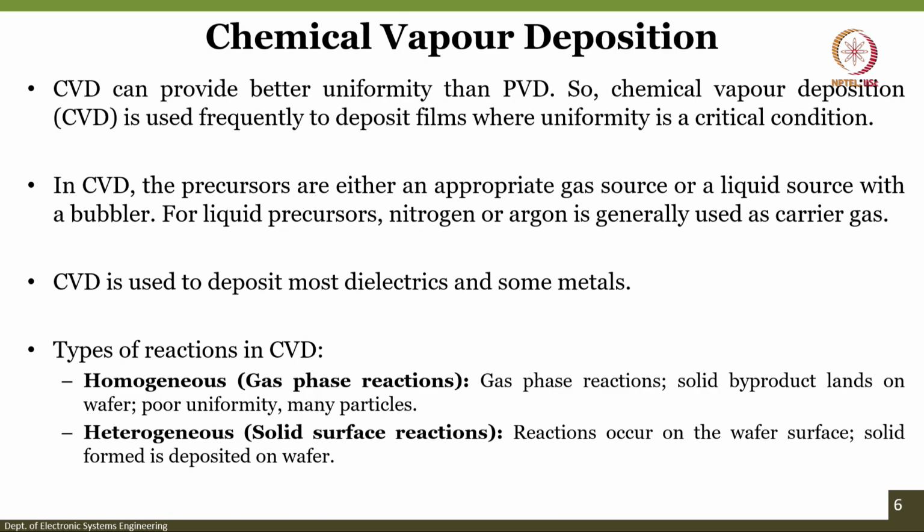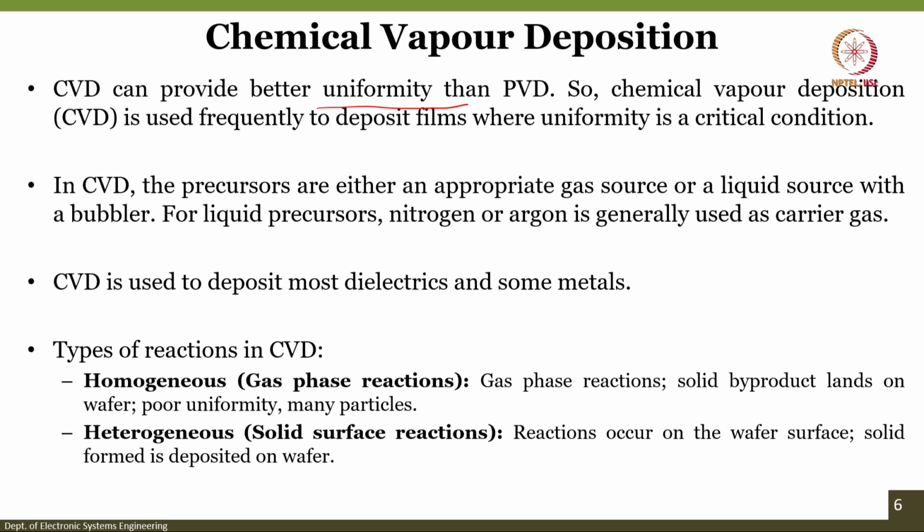Okay, so moving on to the basics of the chemical vapor deposition technique. As we mentioned, CVD can provide better uniformity than a physical vapor deposition technique. So, wherever uniformity is a critical condition, we always prefer to choose CVD as the thin film deposition mechanism. So, as the name suggests, there are some sort of chemical reactions happening within the chamber. So, the precursor molecules are chosen depending upon the thin film that you would like to realize above your wafer